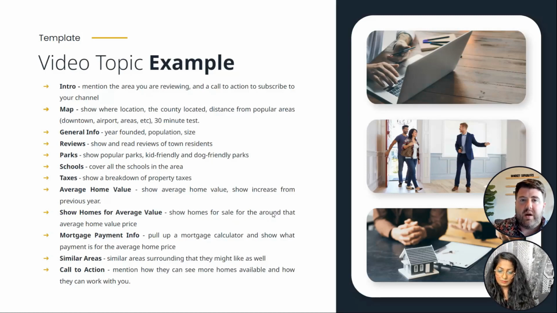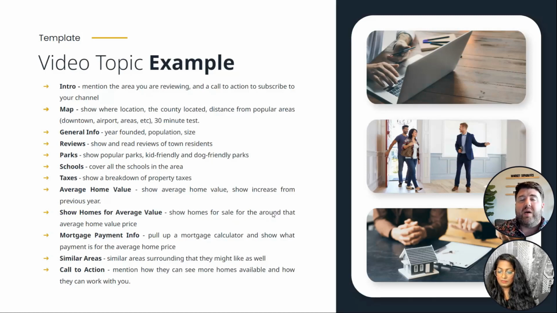And then your last piece, if they make it to the end, is also a call to action. So you want to mention how they can see more homes. So you can say, down in the description below is a link to my website where you can search properties. So we want them to go to our website so we can capture that lead on our IDX website. If you have questions about those, we have other training videos that we've done in previous sessions on our Friday Connect YouTube. But you want to get them there so that it forces them to register to see more homes, and you can see what they're looking at and reach out to them.